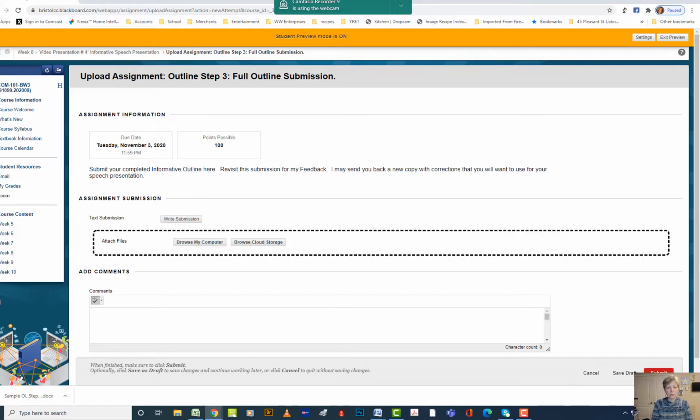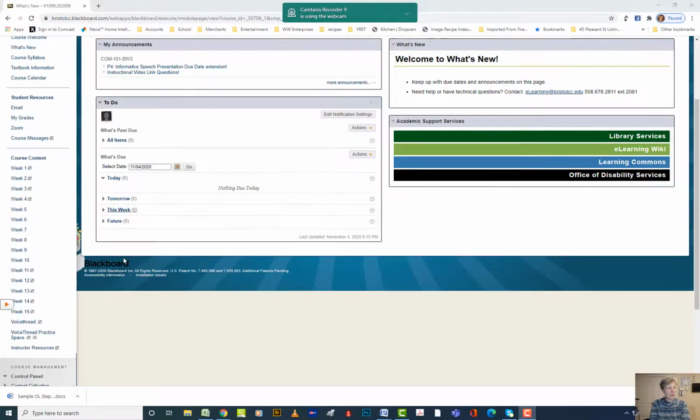I know it's going to be some back and forth stuff. You're going to need to do this maybe a couple of times for some people, but if you have 100, hey, you're ready to start producing your VoiceThread. Okay, so once you've gone back to the week 8 folder, checked your outline, gotten my corrections, downloaded outline step 3, and you're ready to create now your VoiceThread, and you've already watched the instructional video, you can move on